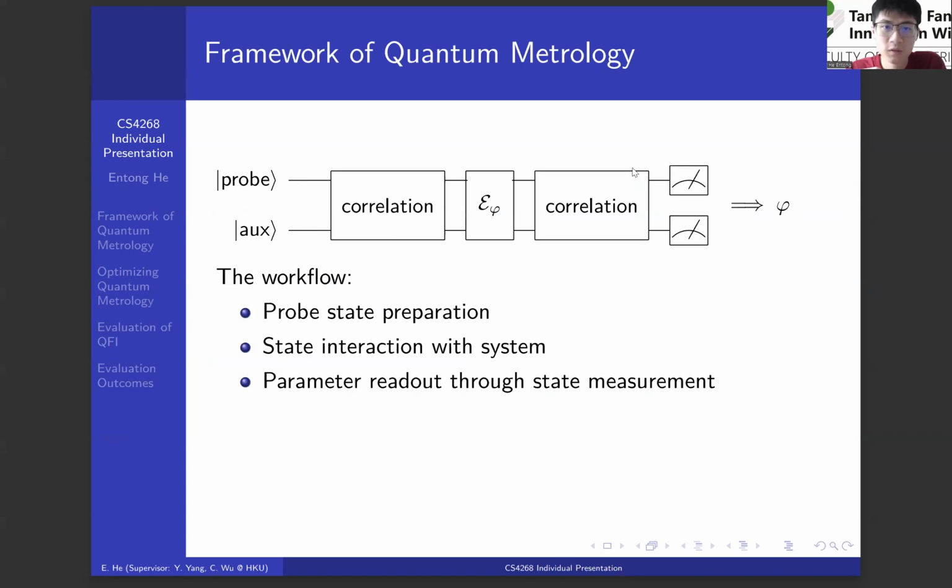So I'll first introduce the framework of quantum metrology. A typical measurement of a physical quantity will involve preparing a probe and letting it interact with the environment that is encoded with a physical parameter, and then doing the readout on the probe. Quantum metrology has an analogous framework. It prepares a probe,